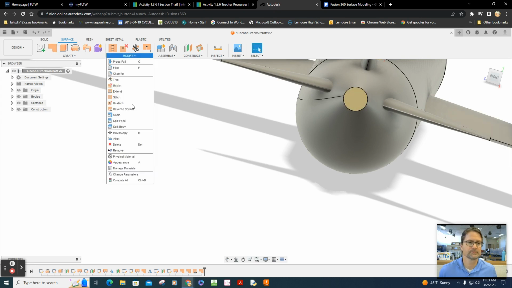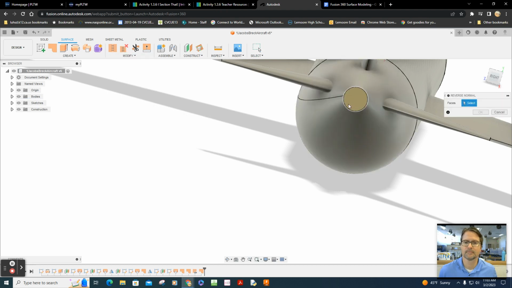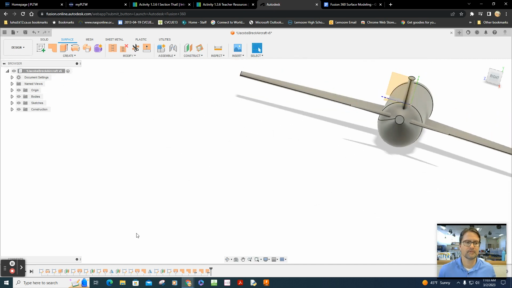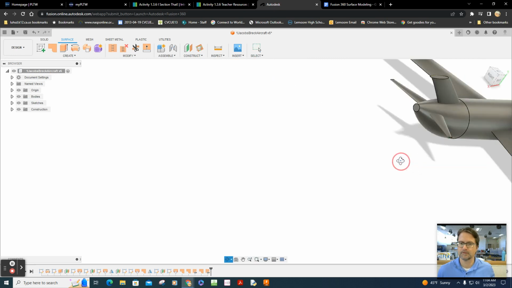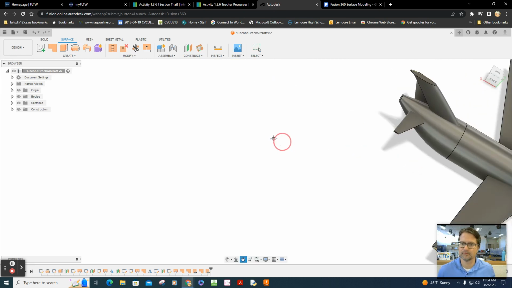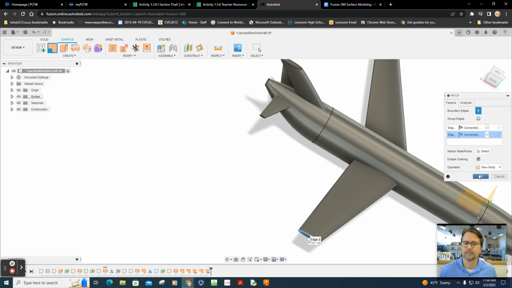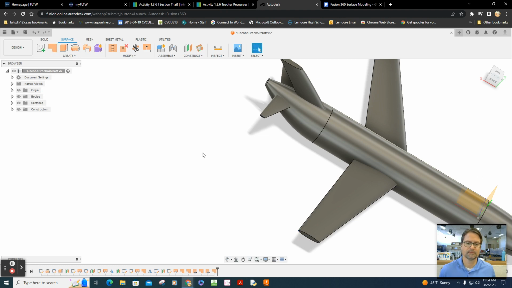Need to be reversed again. Let's zoom back out. Rotate this around to see the better view. Let's patch that. Perfect. Okay, everything's patched up.